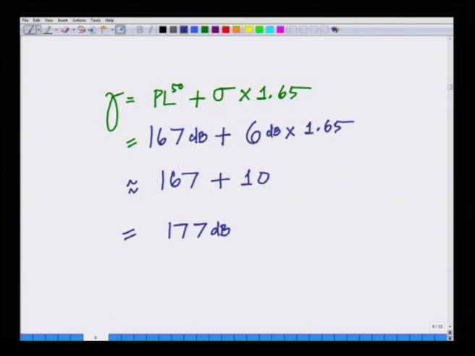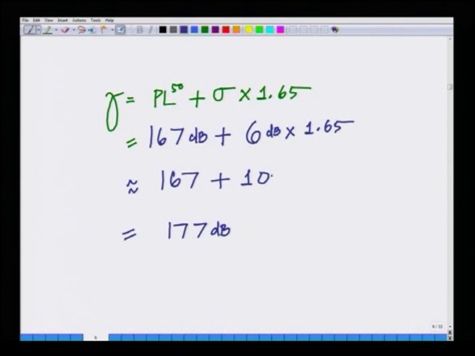So, if you want that additional reliability, that it is greater than a certain threshold only 5% of the time, that threshold is not 167 dB, but 177 dB. That is, if you want to account for your path loss such that the path loss is greater than this threshold only at 5% of the locations, then you have to transmit an additional 10 dB of power. This is termed as the margin, where this margin is essentially arising